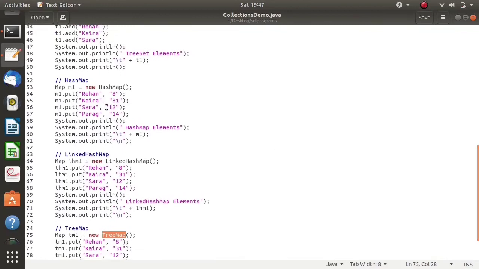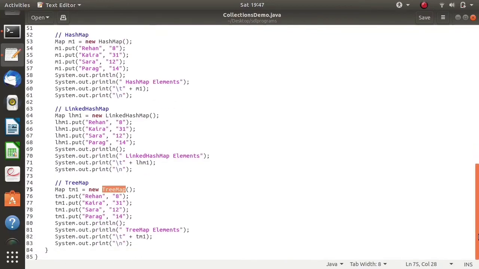So hash map saves the value in any random sequence. Linked hash map saves the value in the insertion order, while tree map saves the value in the ascending order. Ascending order of what? The key and value. So it will save these pairs in the increasing order or ascending order of these keys.